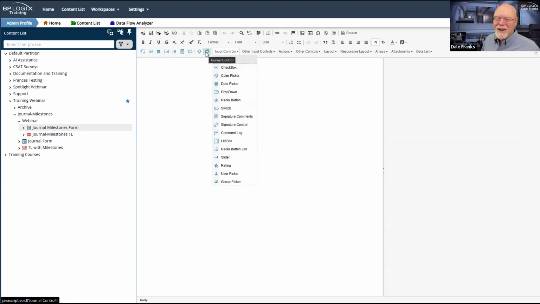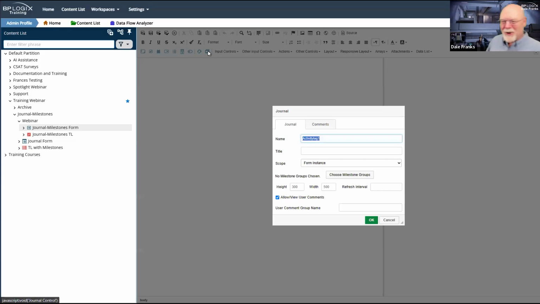We moved it up to here. So here is our journal control. We only used to have 6 or 7 of these controls, and we keep increasing the number of controls on the toolbar. The journal control has now been added there. So let's take a look at the journal control and its properties.